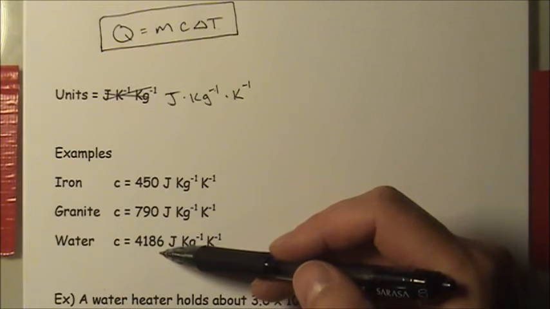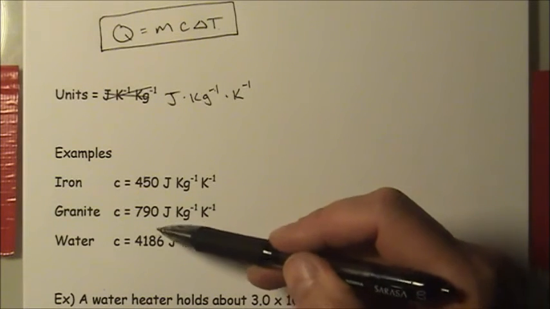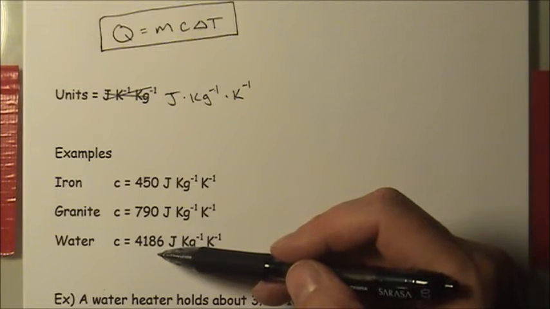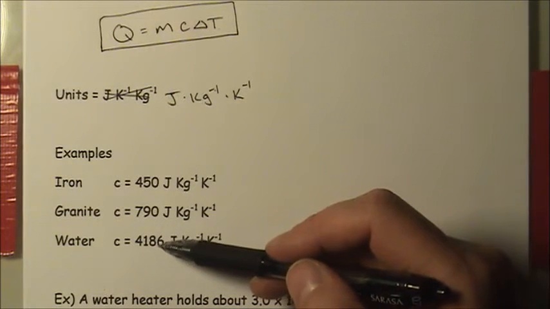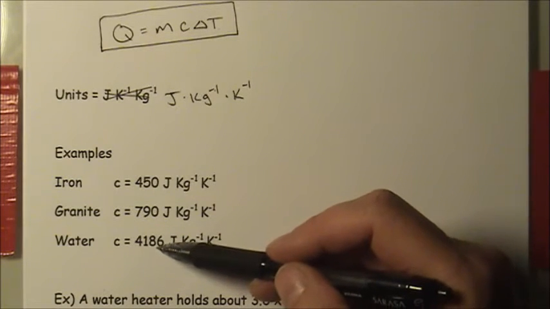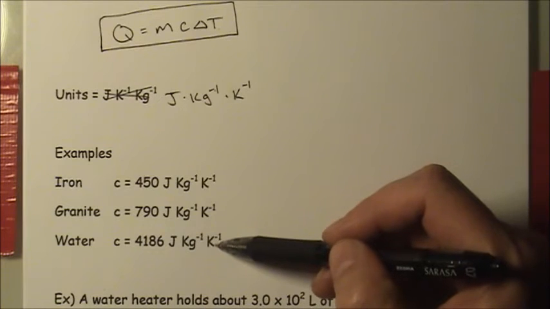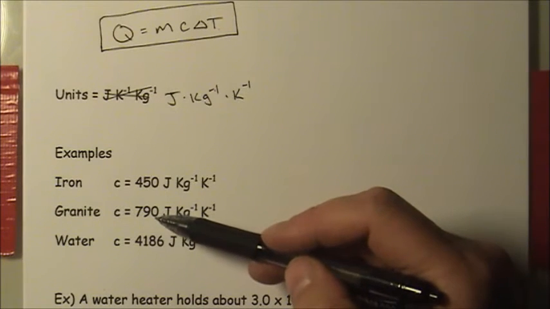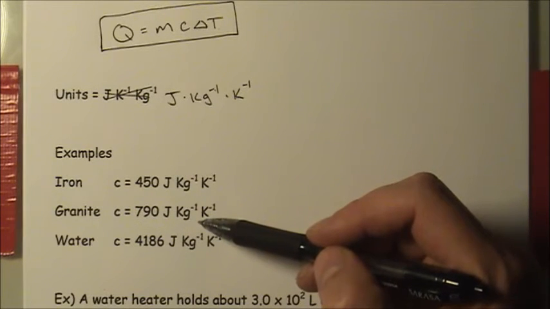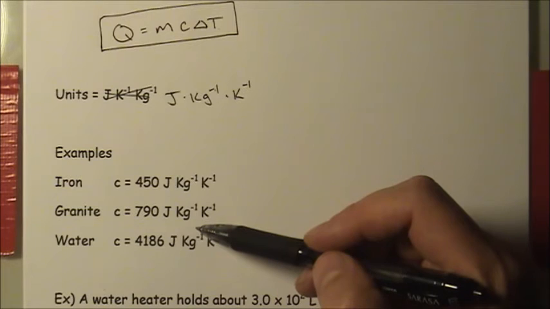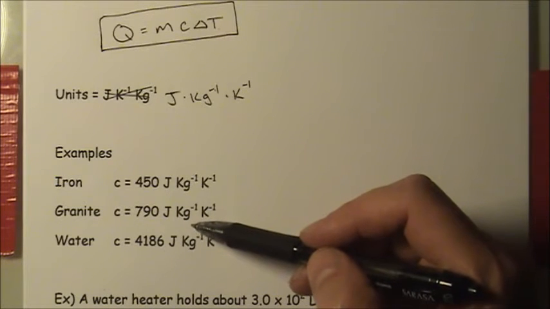So let's say that we give 1 kilogram of water and 1 kilogram of granite the same amount of energy. Let's give them, for example, around 4,200 joules. If I give a sample of water, 1 kilogram of water, 4,200 joules, it's only going to raise its temperature by 1 degree Kelvin. But if I give that same 4,200 joules to granite, its temperature is going to rise by more than 5 degrees. So substances change their temperature very differently depending on what we refer to as their